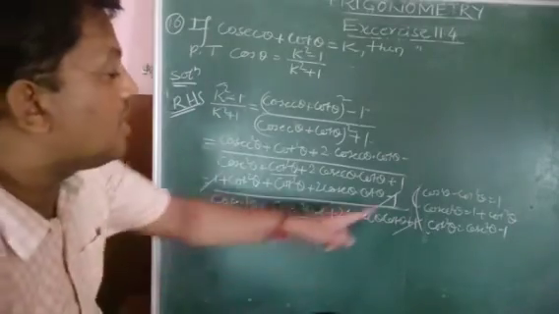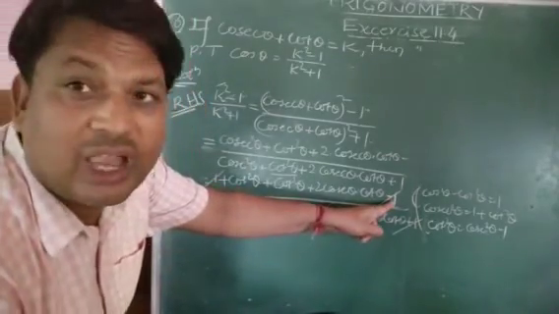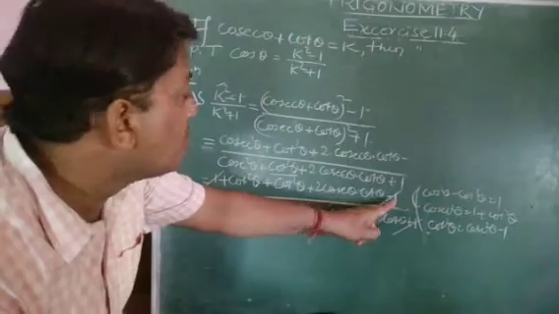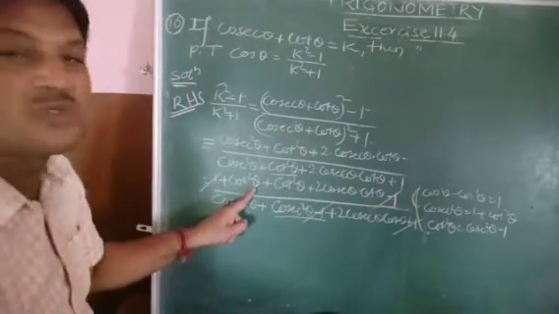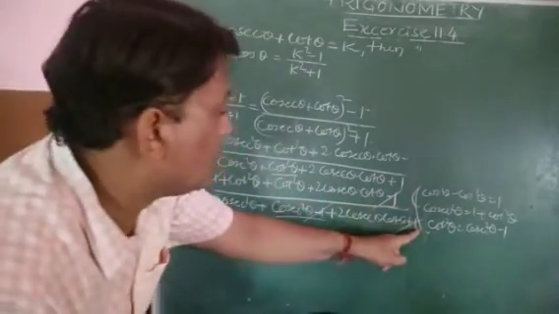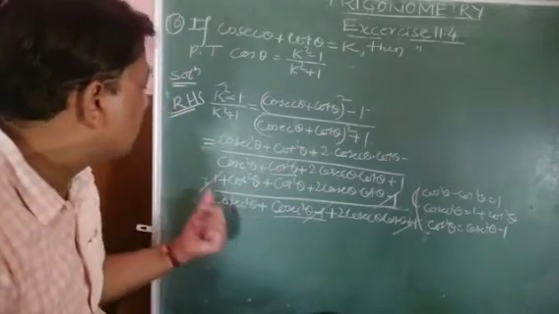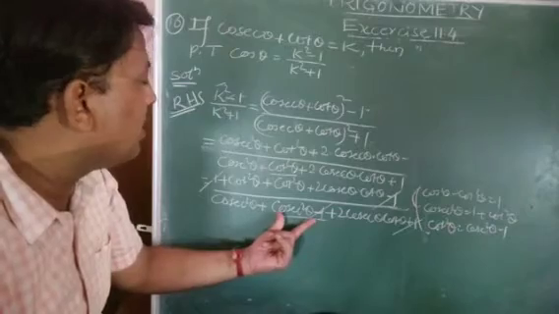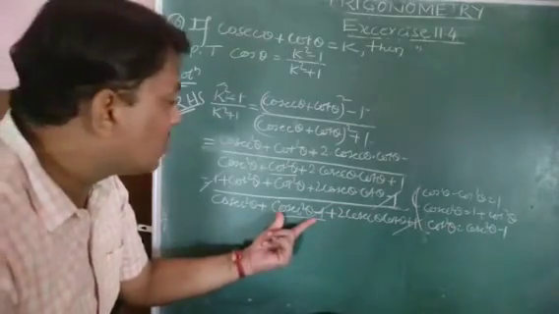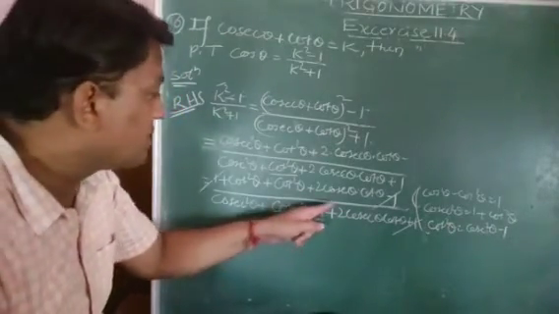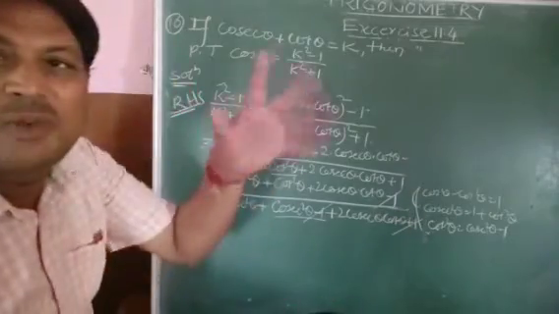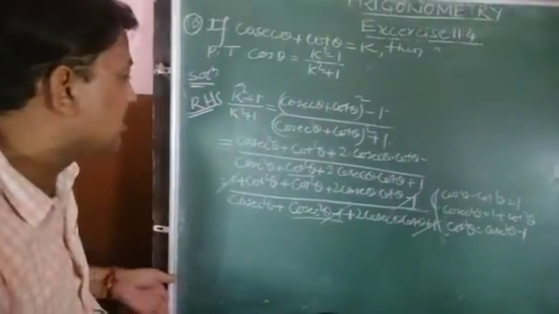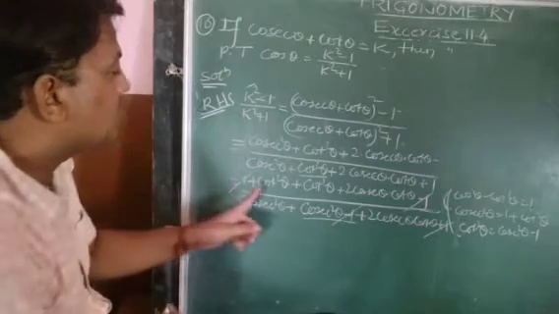Try to understand children, here there was minus 1. I want to cancel this minus 1. So here I wrote 1 plus cot square theta. Here there is a plus 1. So if you write it here also, 1 plus 1 will become 2, and again complication. So I replaced cot square theta here with cosec square theta minus 1. So this minus 1 and 1 cancel. Now plus and minus 1 disappear. Now see how it became simple.